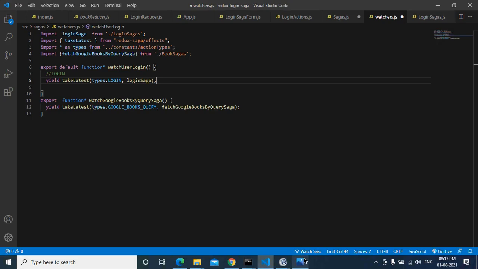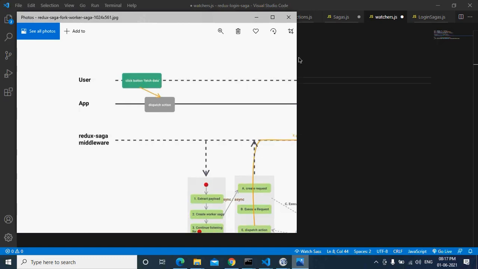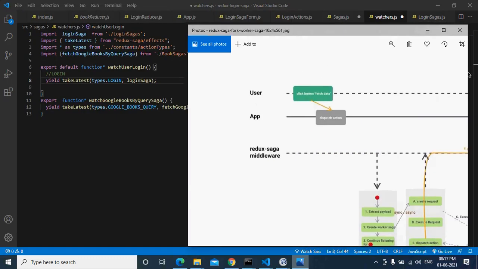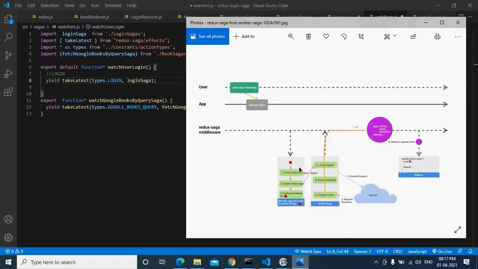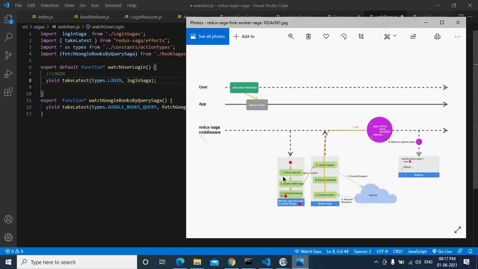Okay, if you see this diagram, right? If you see this login, yield takeLatest login. For this login dispatch action, it is trying to assign the task to the worker saga. In our case, the worker saga is the login saga. Inside this login saga,